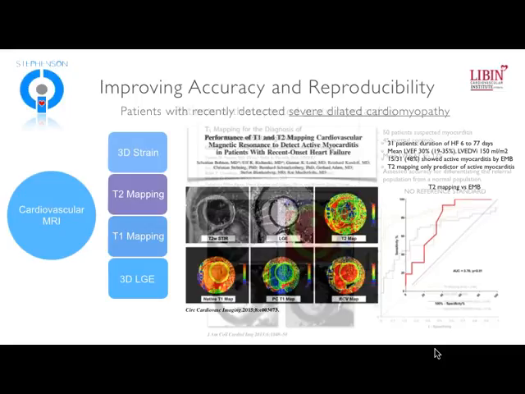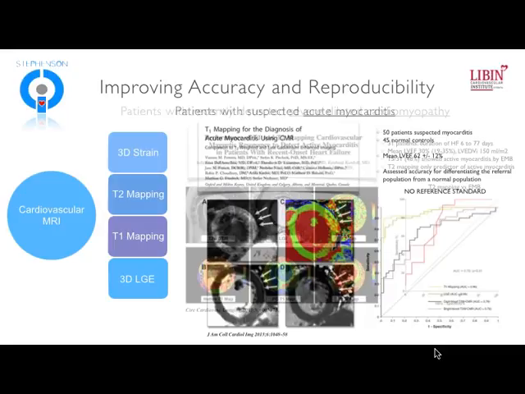But what they tested was the hypothesis that either T1 or T2 mapping might be able to identify those patients with active inflammation. Out of all of the things tested, T2 mapping was the only thing that showed any significant correlation, and a modest one at that. And so whether or not MRI is really a valuable tool for the detection of myocarditis according to their criteria is questionable, but it showed potential signal for T2 mapping in that setting.